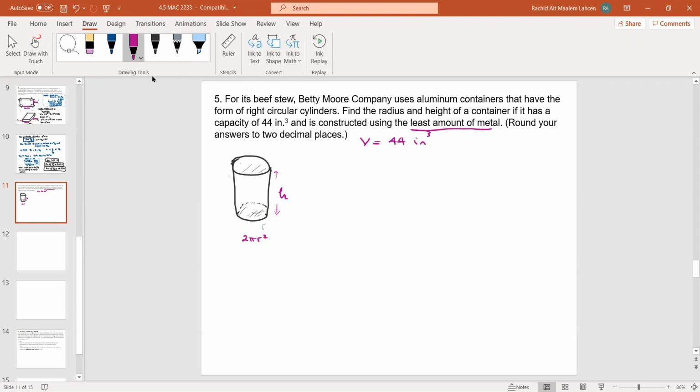So least amount of metal, that's a surface, right? That's the surface area. So we need to find the surface area for this right cylinder, and that's going to be 2, the bottom and the top, 2 pi r squared, and same thing, this one is 2 pi r squared